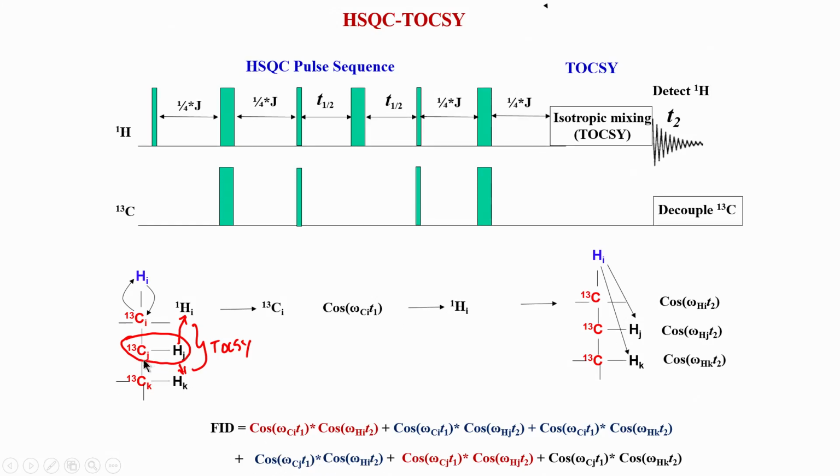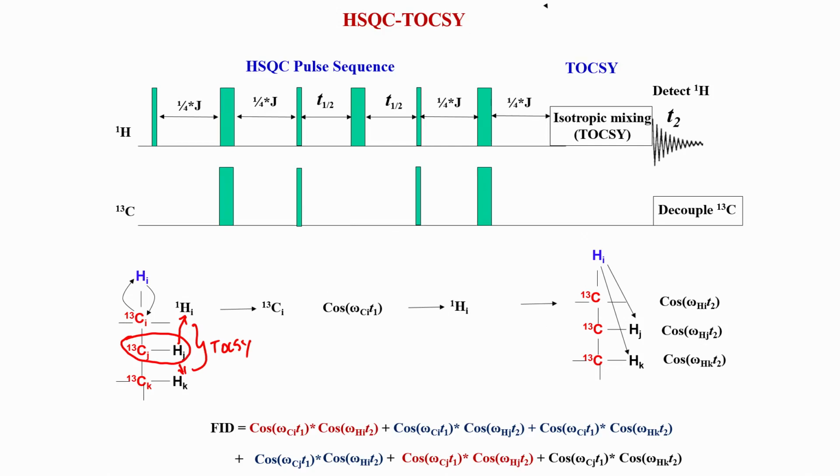So, now this is an HSQC peak, this is what we would normally get in HSQC, but in this HSQC TOCSY we will also correlate this carbon with this proton because of this transfer, and this carbon also gets correlated to this proton because of this transfer here. So, that is what is shown here. That is also well possible in TOCSY. So, TOCSY basically correlates this carbon with these 3 protons, this carbon with these 3 protons and this carbon with these 3 protons. So, all carbons get correlated with all protons.